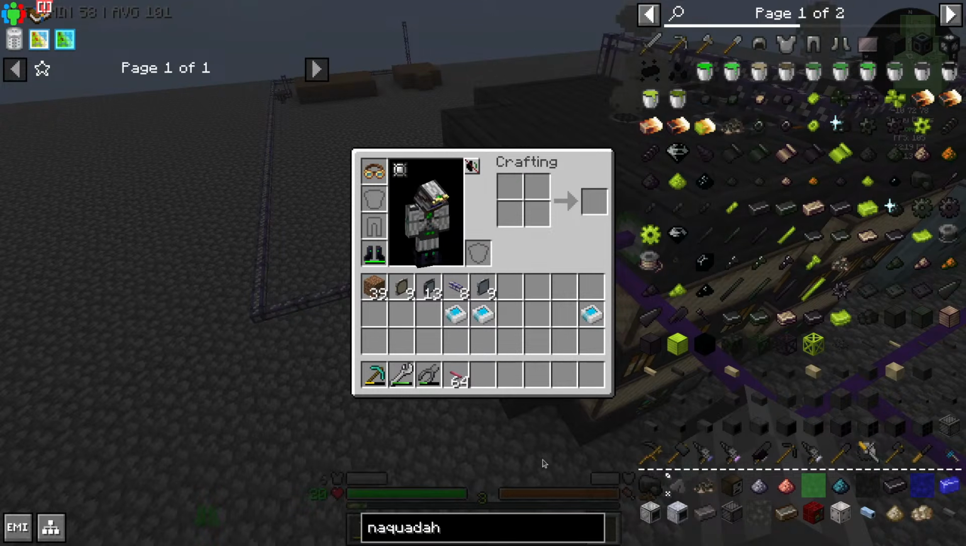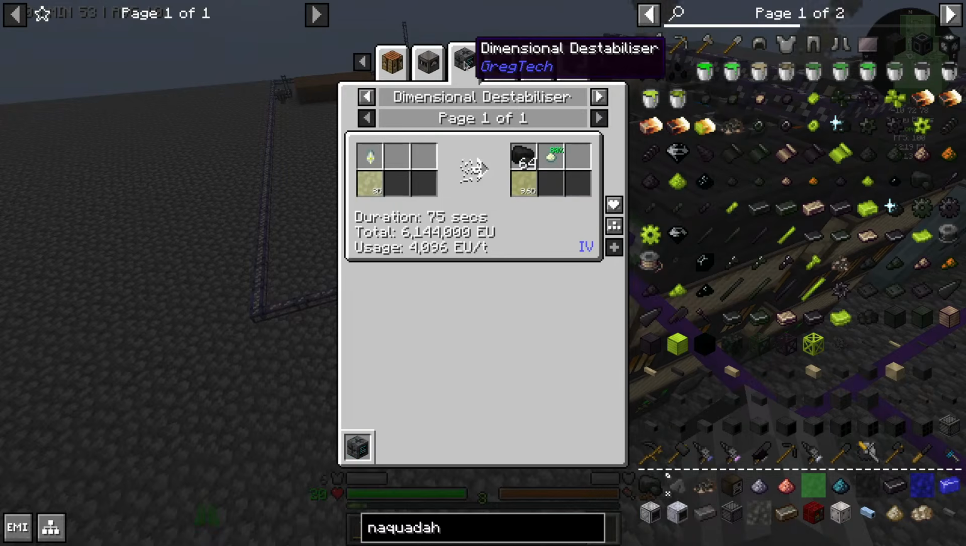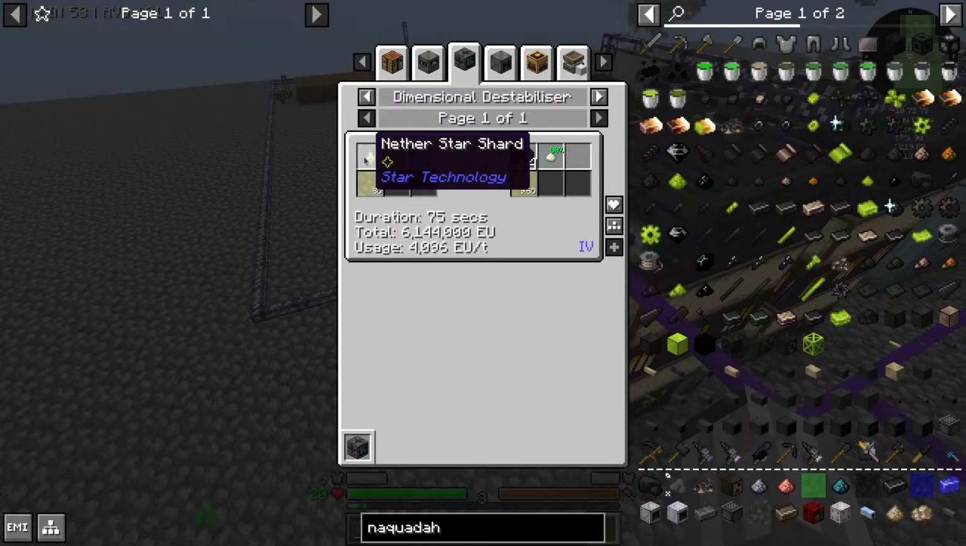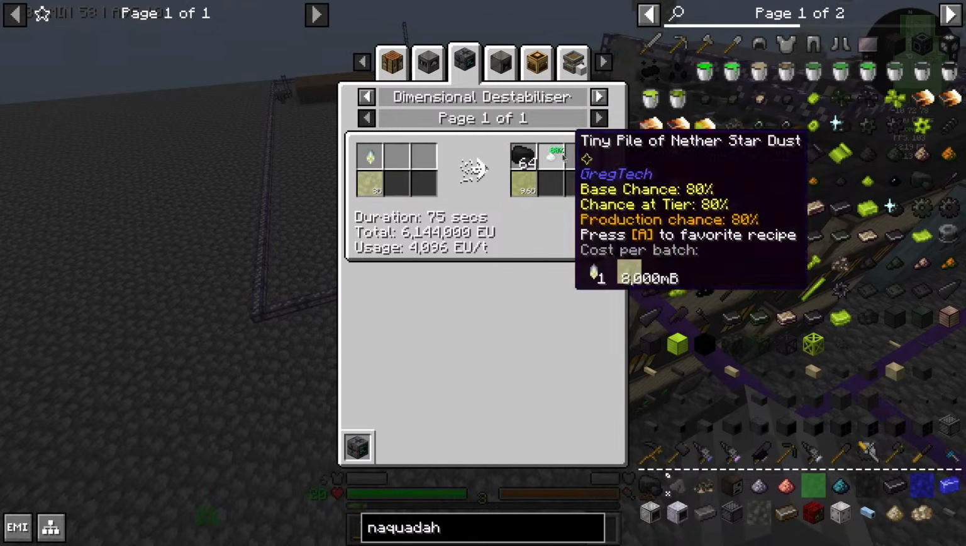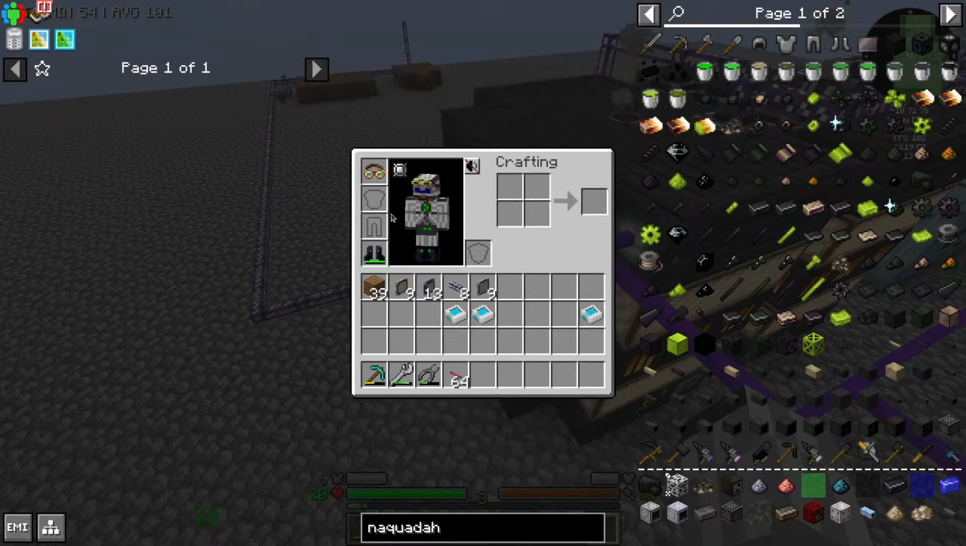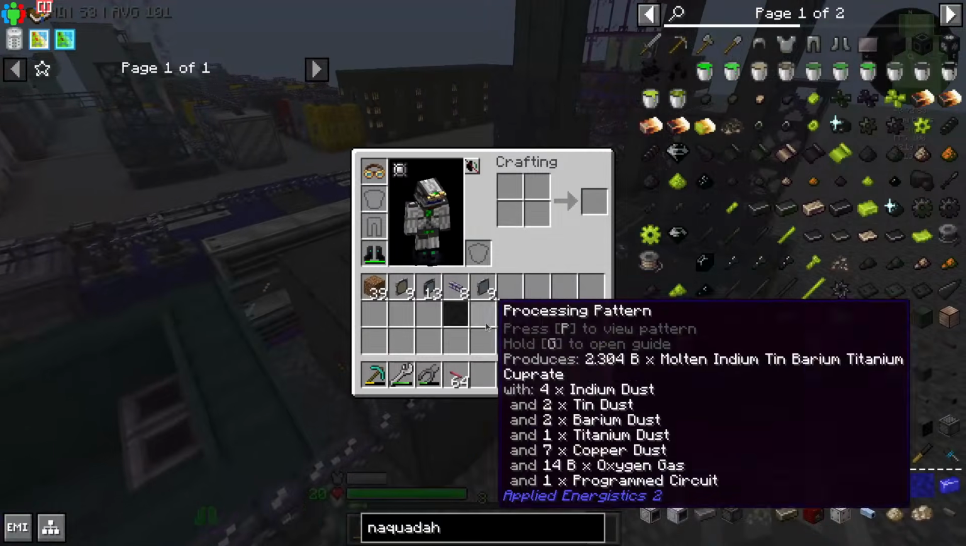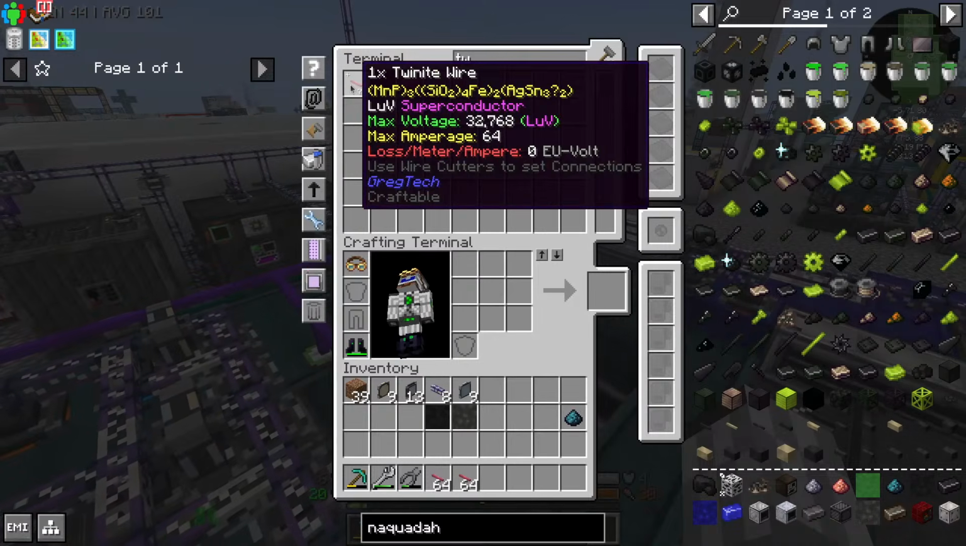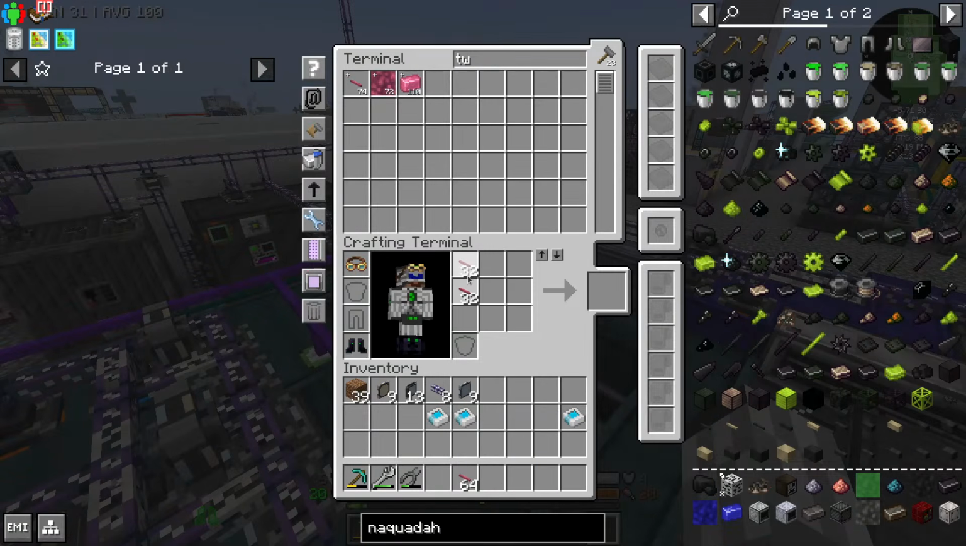Okay, so I guess we'll need a bunch of nether stars. Well, it's just a fragment. And also it gives back dust. Yeah. Well, it does make quite a bunch. Now I got this stuff. Let's get